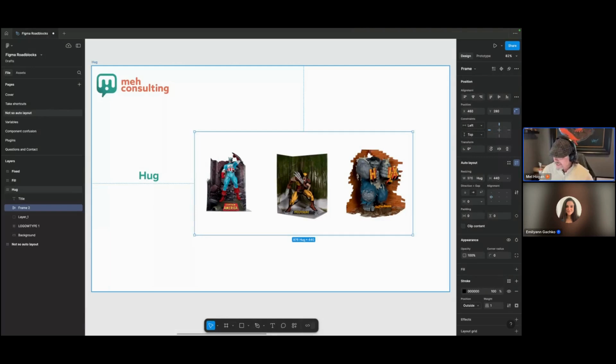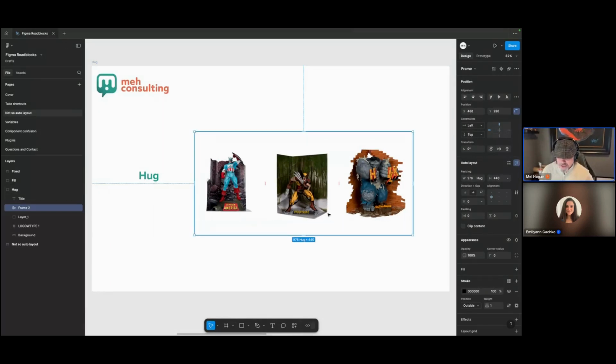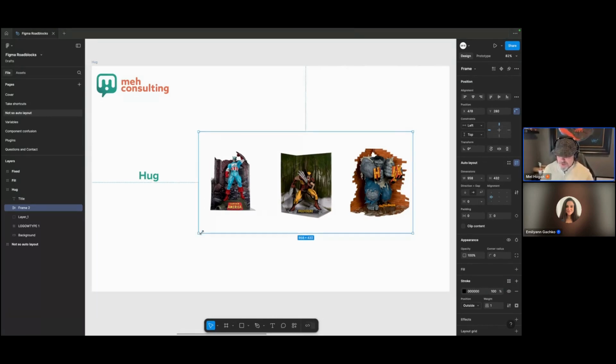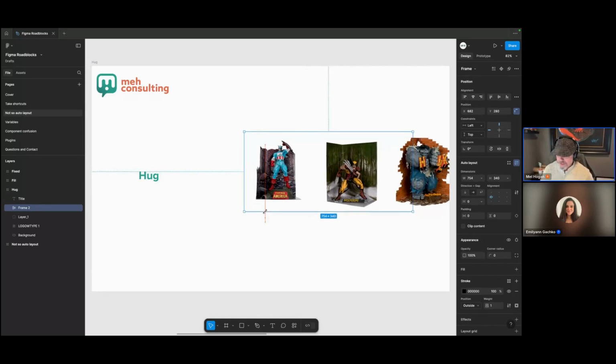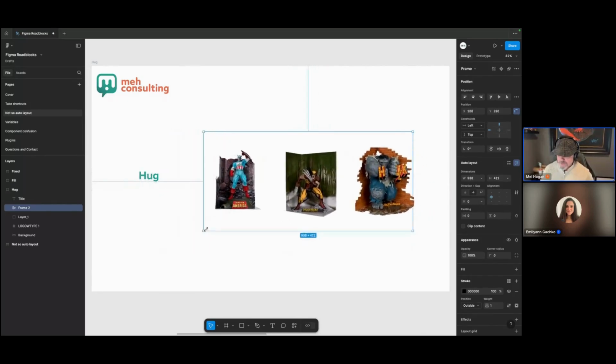So here's my toy box with 3 of his action figures in it. Okay. And this one is set to, as you can see, hug. Hug basically means that it's going to hug the contents of that frame. So if I resize this frame,